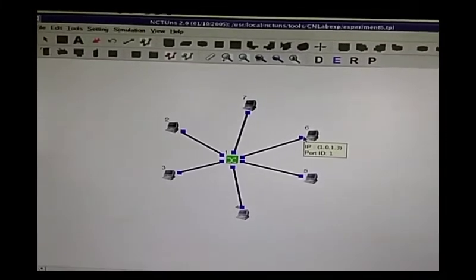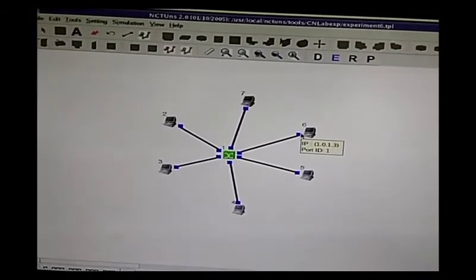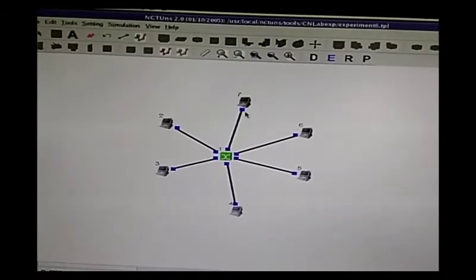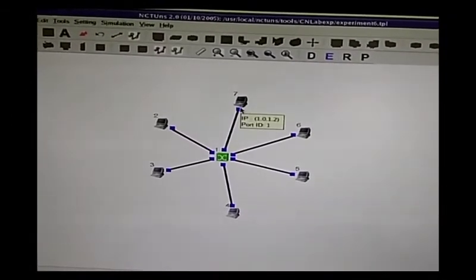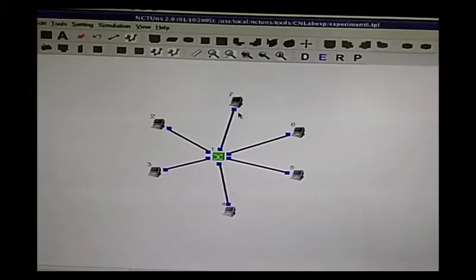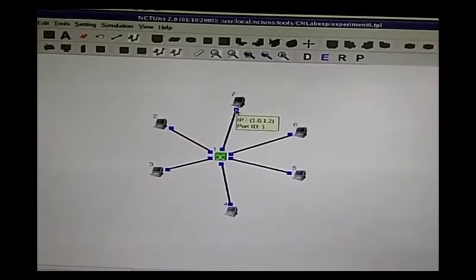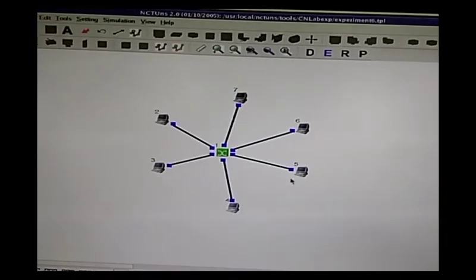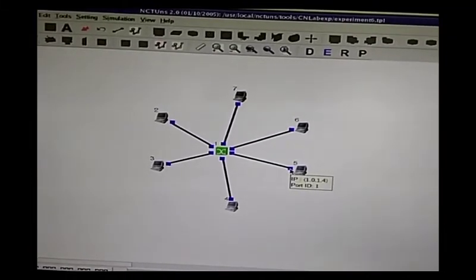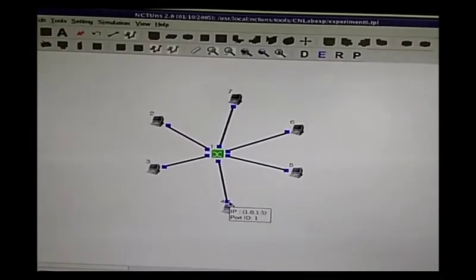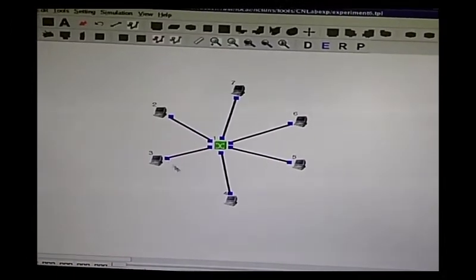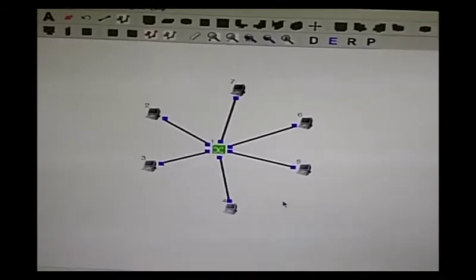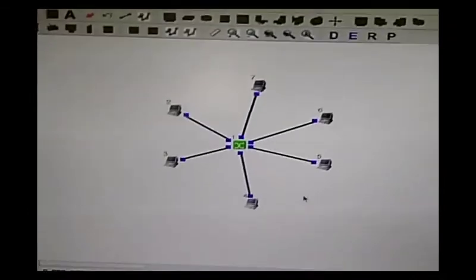If I want to ping this node, what is the IP address? 1.0.1.3. For this one the IP address is 1.0.1.2, then 1.0.1.4, then 1.0.1.5, and 1.0.1.6. Any node you want to ping, you first check the IP address.